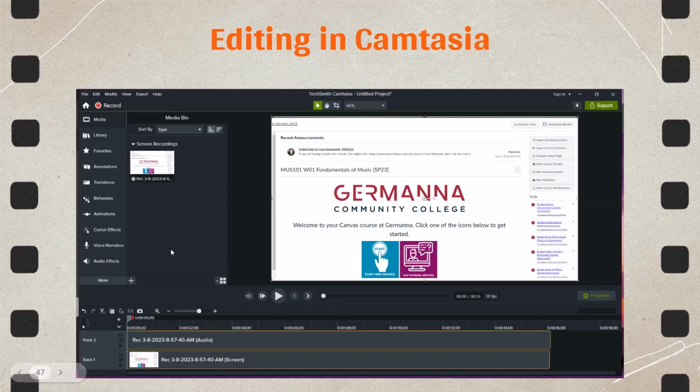So you can add any kind of media. You can add PowerPoints, you can add images, you can add anything you'd like to add to Camtasia by clicking on the plus. If you record a video, it automatically shows up in your media bin, which is what this is. So keeping that in mind,